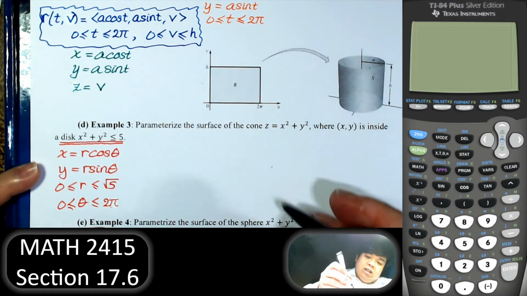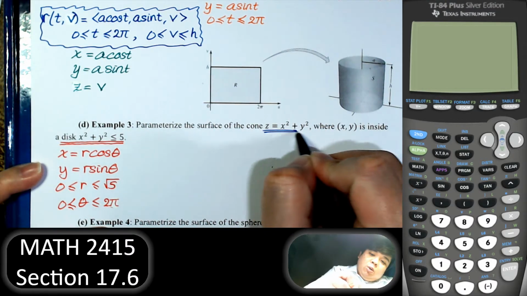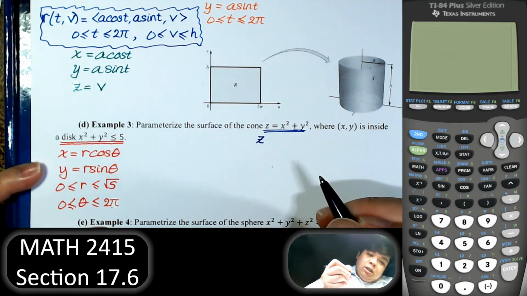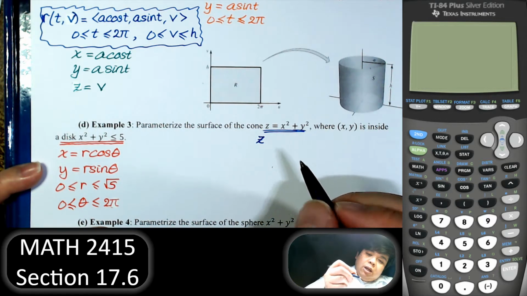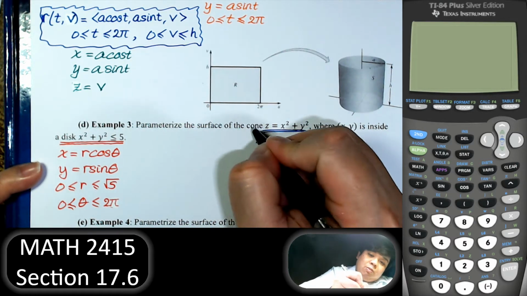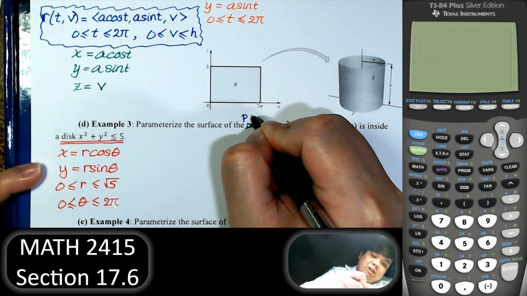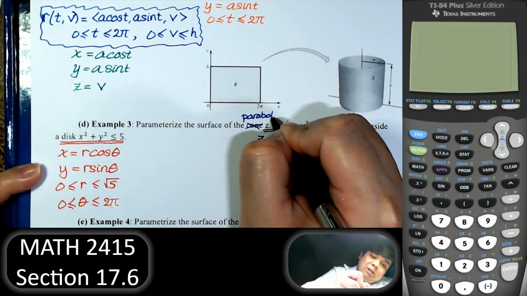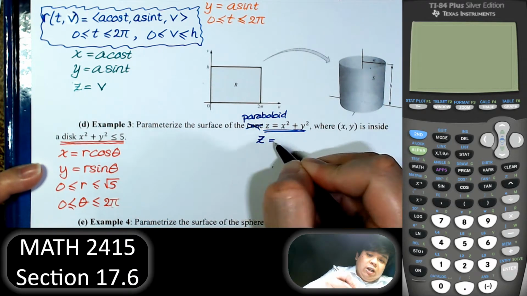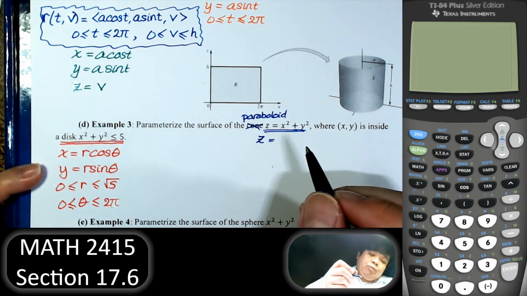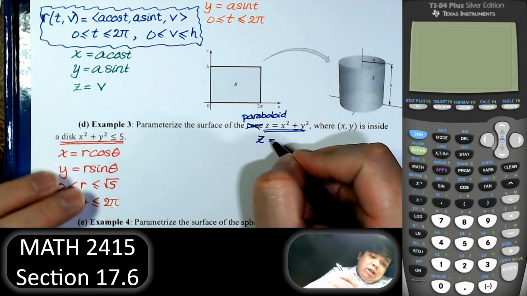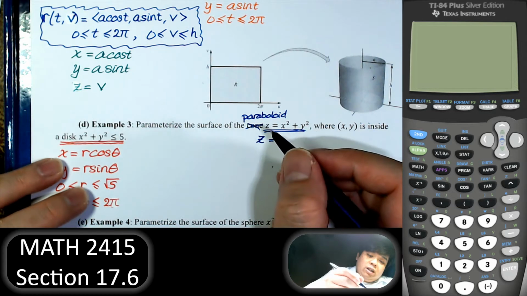And when we have this equation, z equal to x squared plus y squared, by the way, this is not a cone. The surface is a paraboloid. Z equal to x squared plus y squared. If we have z squared, then it is a cone. And when z equals x squared plus y squared, it will be x squared plus y squared, which